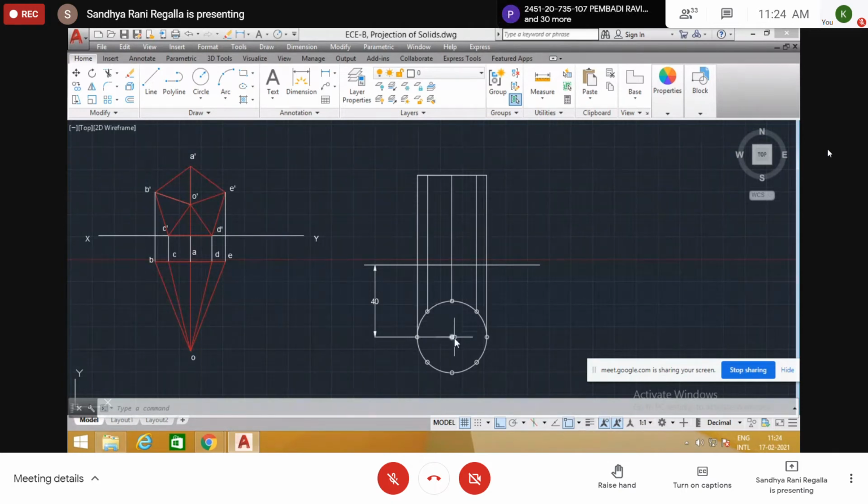And axis. For all these solids, we have an axis, from the center of the base to the top point. That we call the axis. The axis is shown with the dot and dash symbol.